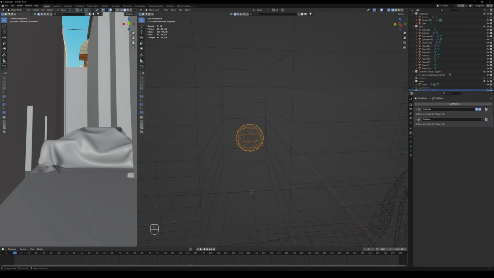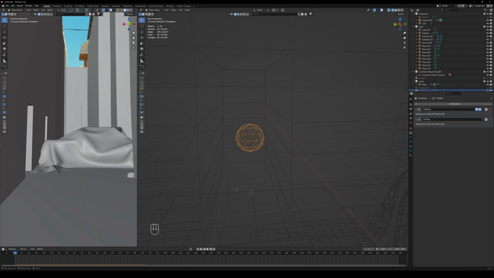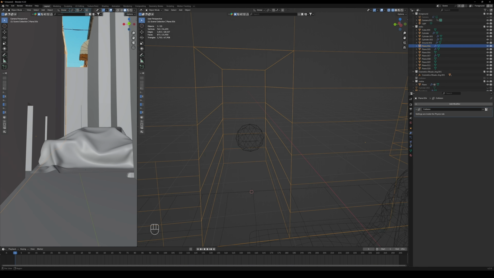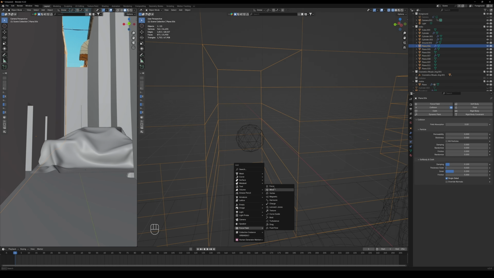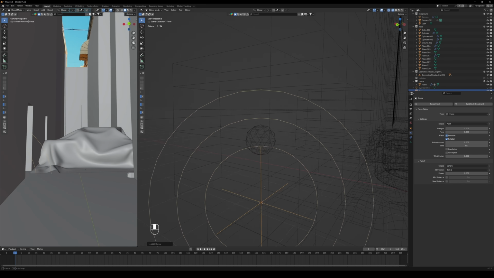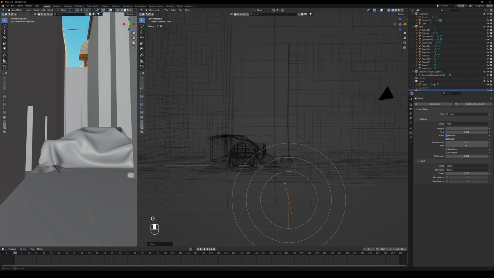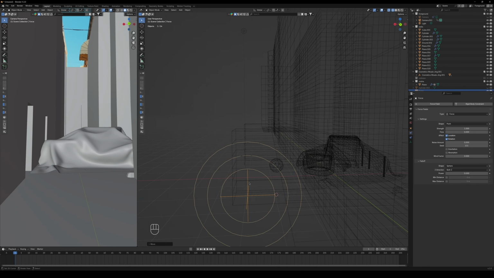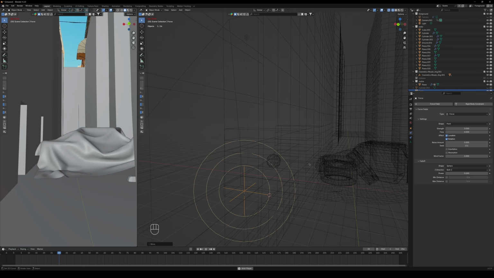Okay, so now when we hit play, nothing is going to happen because we turned off gravity. So now what we're going to do is select this, make sure there are collisions, and then I'm going to add a force field, force, and bring it back here. Okay, so the idea is that this force is going to be pushing the balls out from here. So bump the strength up to 3, and then when you hit play,